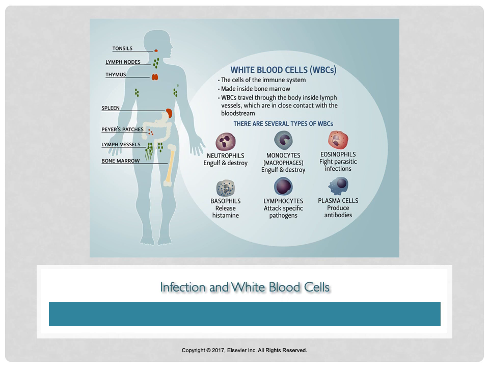The white blood cells are part of this immune system, and they're made inside the bone marrow. The white blood cells travel through the body inside of the lymph vessels, which are in close contact with the bloodstream. So it's not that they actually mix, but they run usually side by side or very close to the